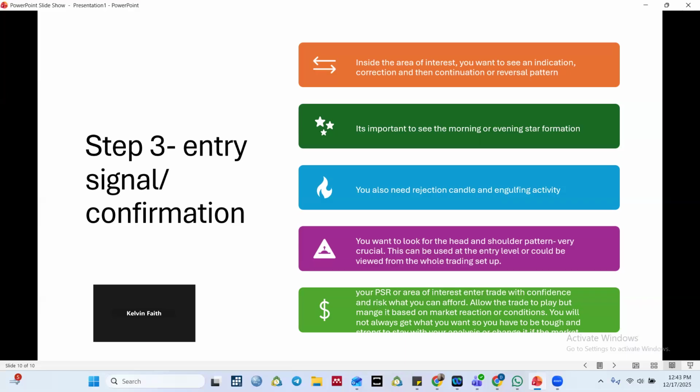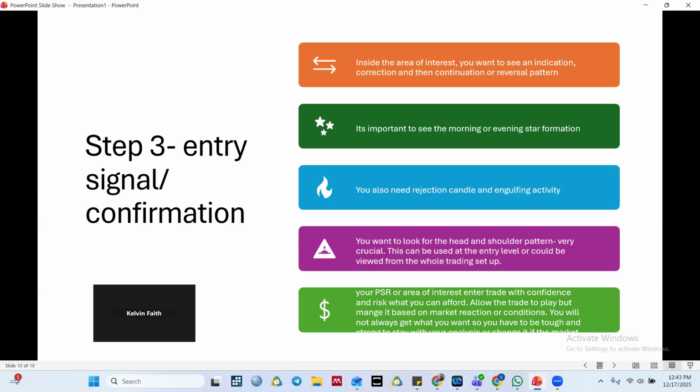Now, the last point is your PSR, which is the exact support resistance line or the area of interest that you have marked. After seeing all these things, your area of your PSR, before you enter the trade, your PSR must have confluence with